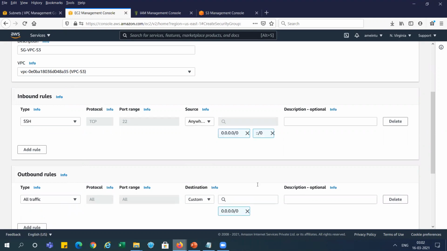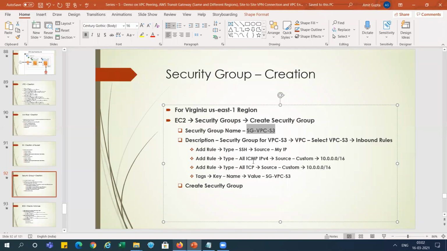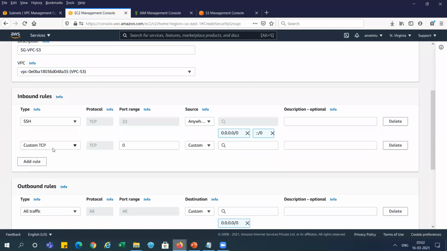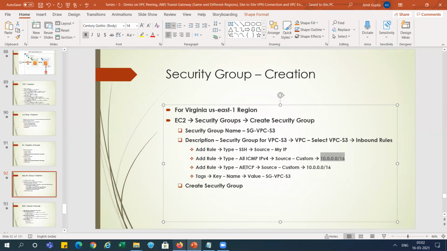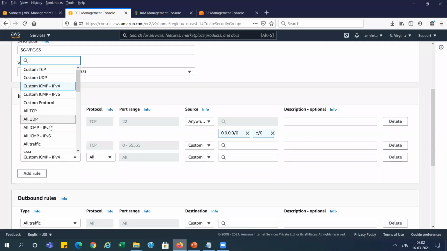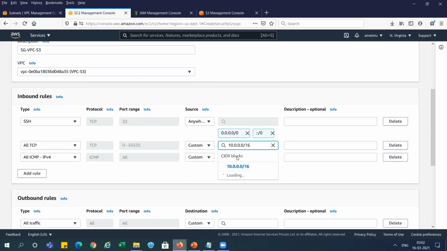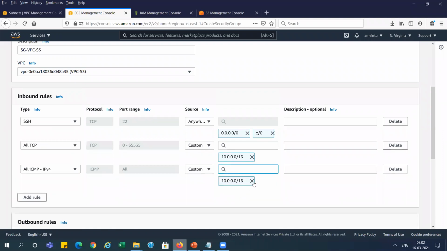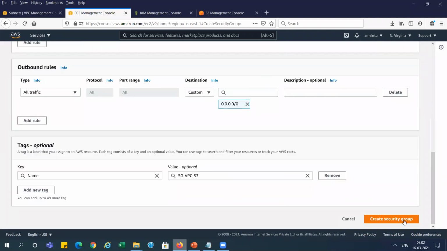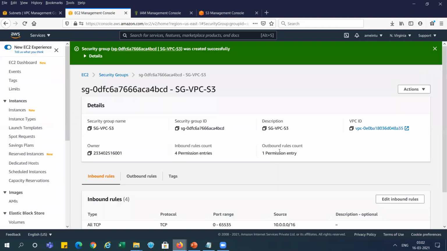And anywhere access, and other things, TCP and ICMP we will take, and we will give access to this IP range. This is all TCP, and the next one is ICMP. Let me check. All ICMP, not custom, right? So we will give access on this CIDR, right? And this is created. Security group is created here.